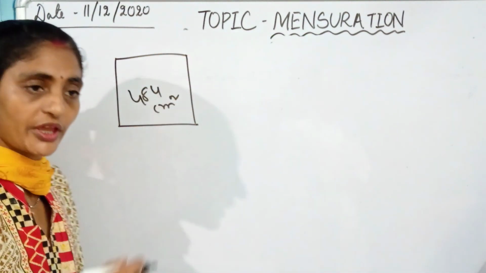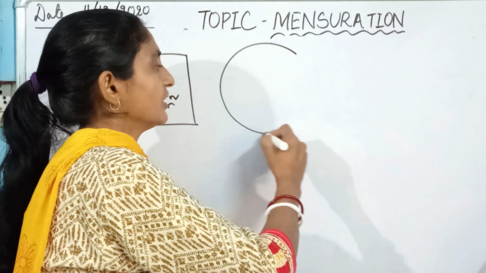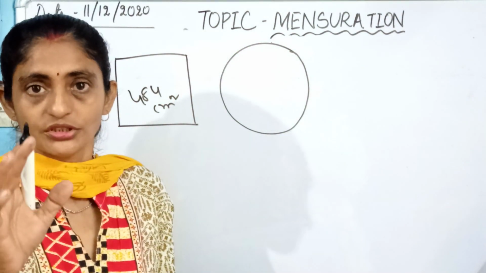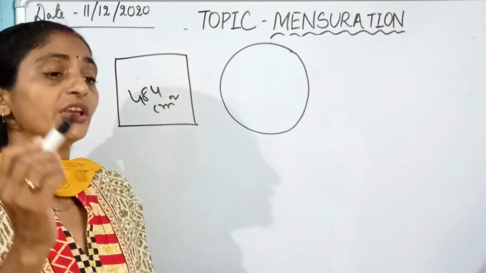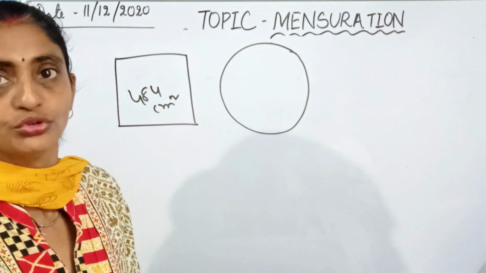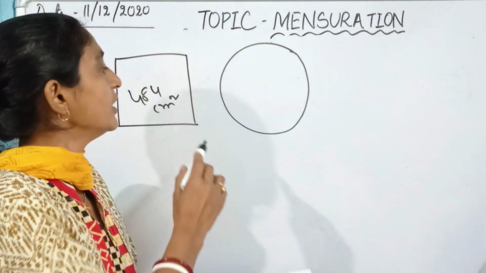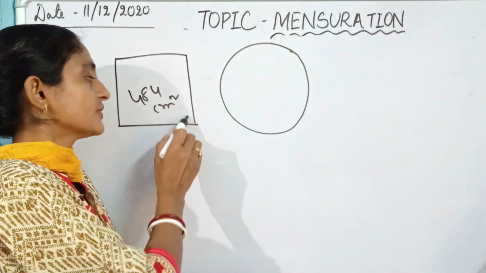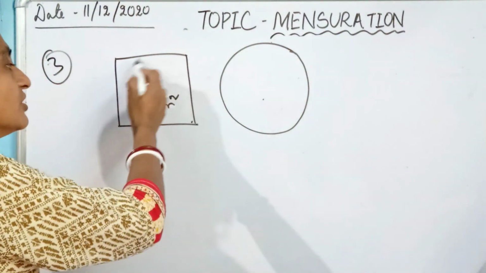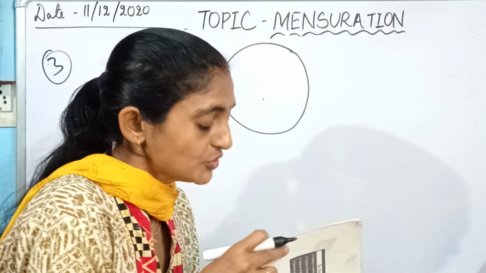It is a square. Now the same wire you are bending to make a circle. So what will be the same in this case? First, you have to think about this. If you are bending a wire and making one square and one circle, what is common in both of them? The common thing is the length of the wire. So what will be equal in both shapes? In the case of the square it will be the perimeter, and in the case of the circle it will be the circumference. So let's come to the perimeter of the given square.